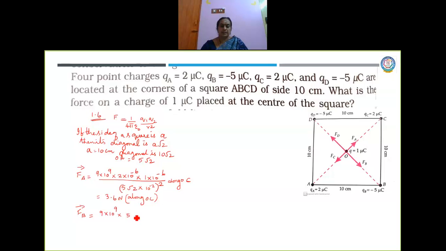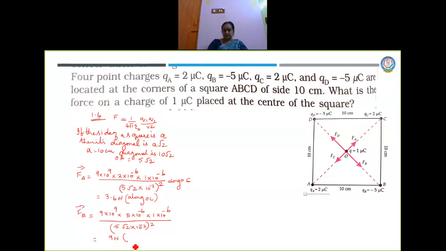So 5 into 10 power minus 6 into 1 into 10 power minus 6, again the same value, divided by 5 root 2 into 10 power minus 2, the whole square. Is it clear? Is it clear? So when you simplify, again you will have the answer here as 9 Newton, and let us go to the